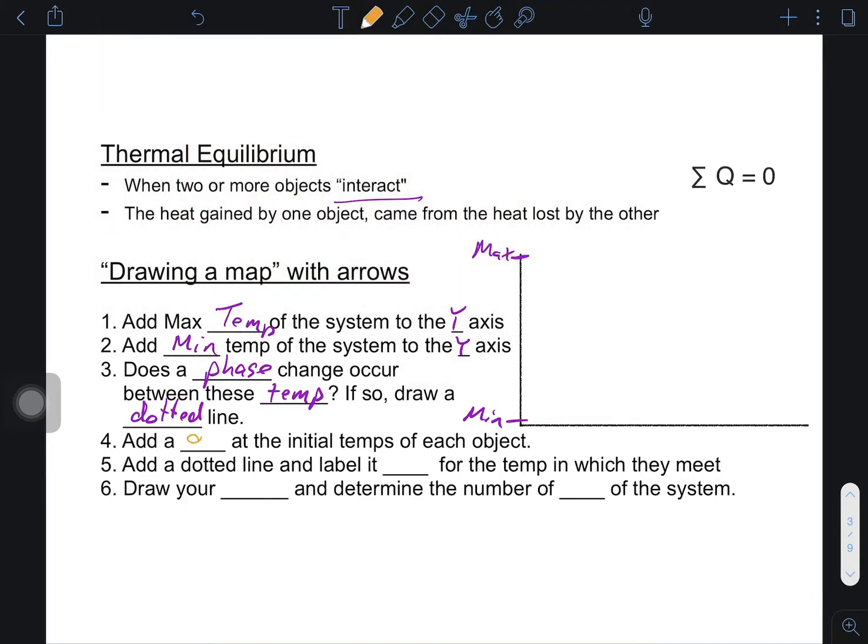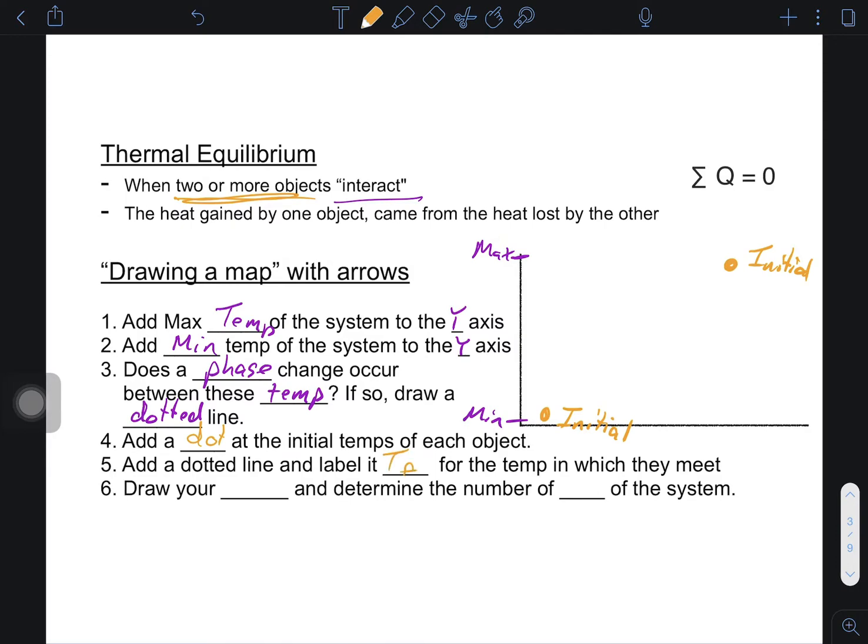So then what we have to do is add a dot at the initial temps of each object. Now, again, two or more objects. So this is going to be an initial temp, and we're going to have an initial temp also down here. Okay, so we have to add a dot for both. One of them has a bigger temperature than the other because there's a difference in temperature, and that's what causes this heat transfer. So then what we're going to do is add a dotted line and label it